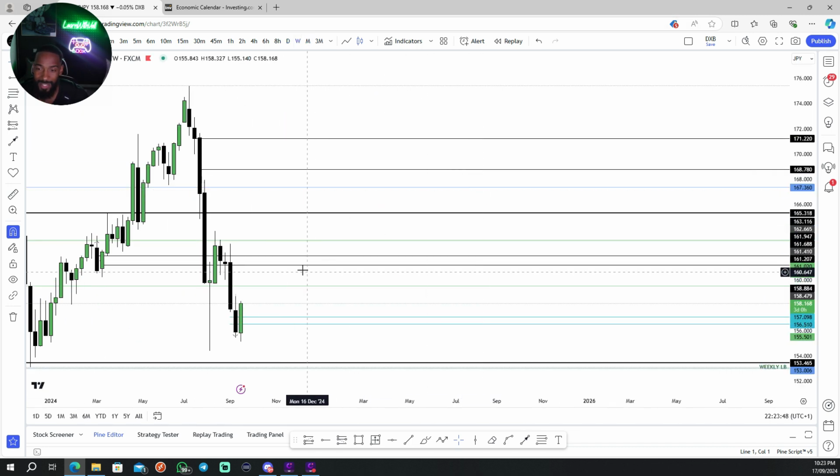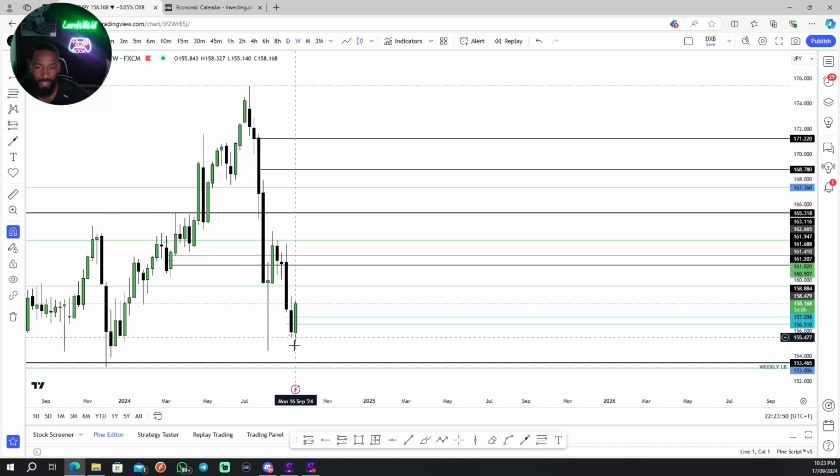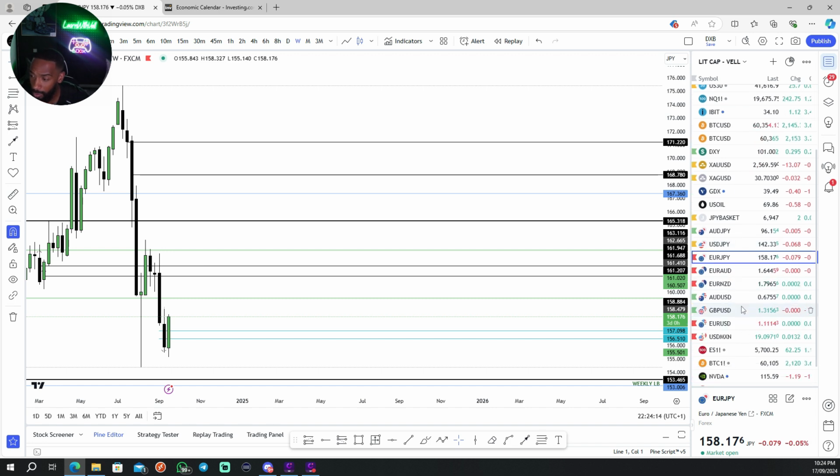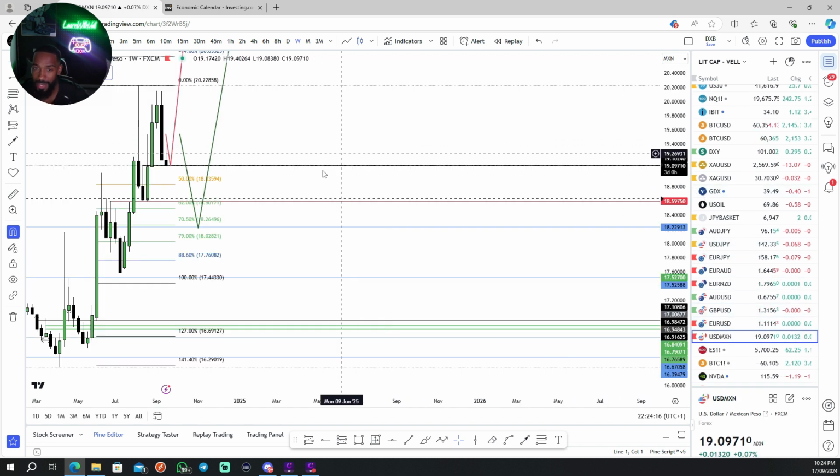And with that being said, whilst we're waiting, the higher this pushes, the better it is for us because we want to sell from as high as possible. The basis of economics is to buy low and sell high, right? So in Forex terms, we want this pullback to come up as high as possible so that we could get into a short from as high as possible to ride this baby down. So Euro JPY is going to be on my hit list. I'm going to be looking at this and seeing how it reacts throughout the week. I'm also going to get into US dollar Mexican peso.